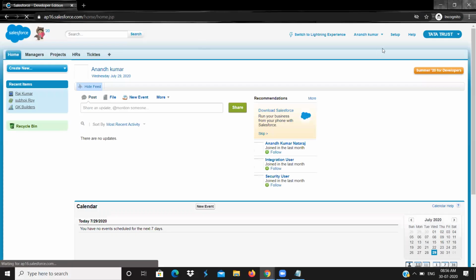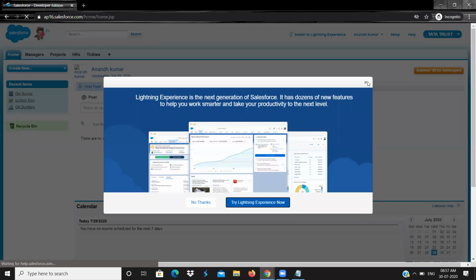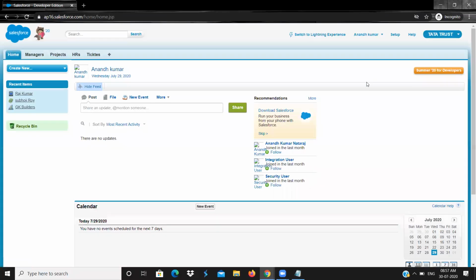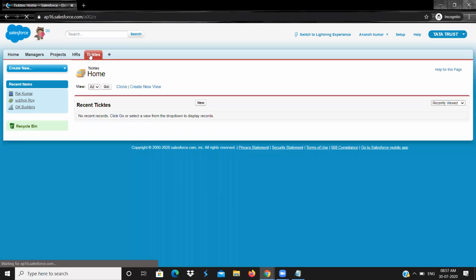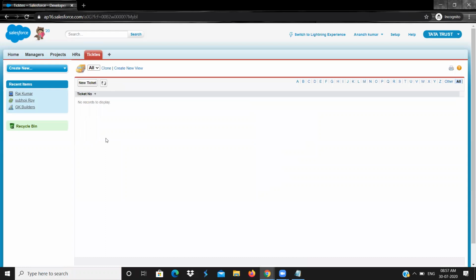Now he is a normal Salesforce user. He doesn't have admin privileges. He doesn't have view all, modify all permission. He is not administrator. Now go to the ticket objects. Click on go. You will not see any record. Why?